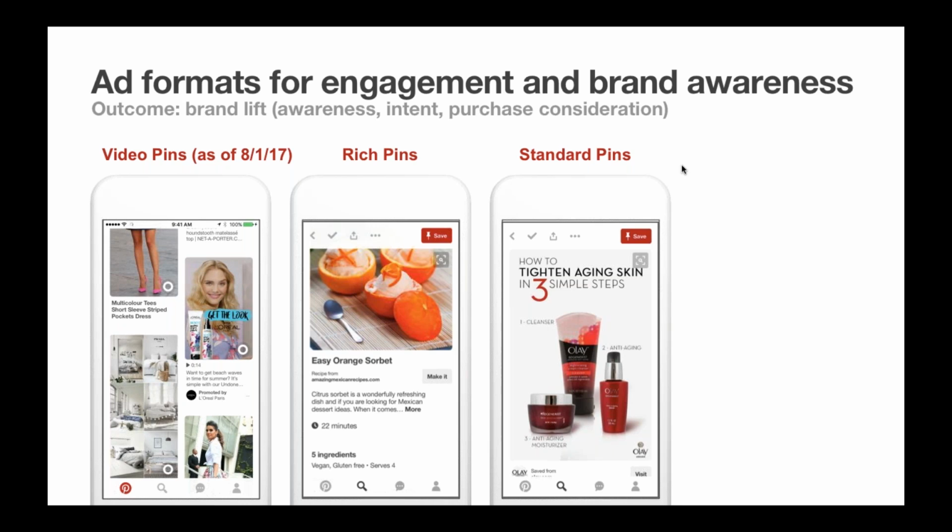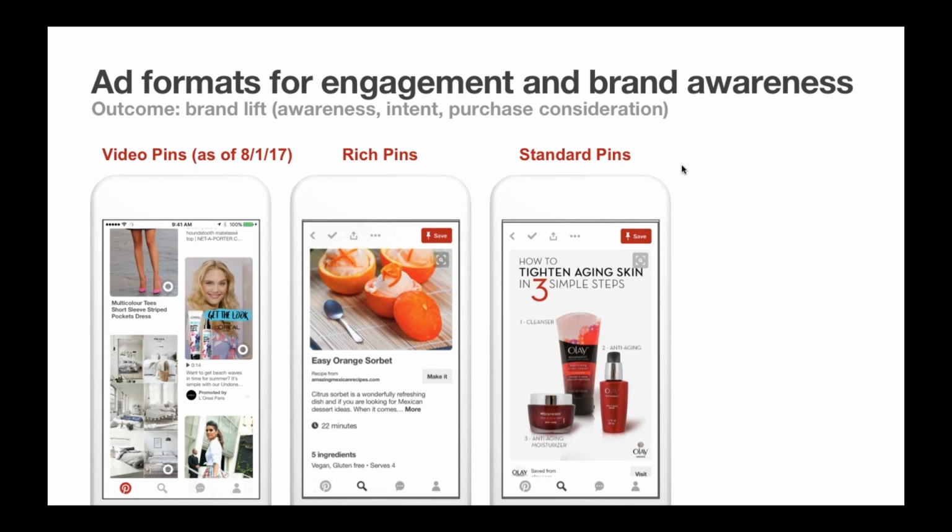And there's also rich pins. So rich pins essentially is just a code that's put on your website that's allowing for more information to be pulled in from your website onto Pinterest directly within that pin. So there's three main types of rich pins: product rich pins, recipe rich pins, and article rich pins. You may have seen these across Pinterest, and it just adds additional detail, can provide more context, automatically pulled in